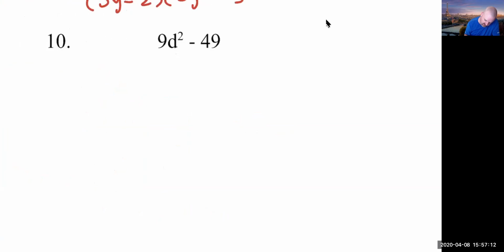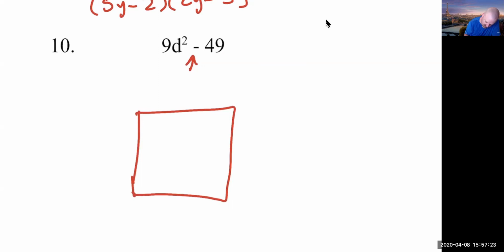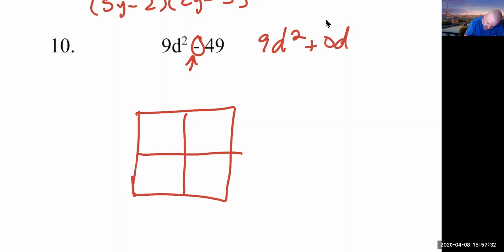And then finally, the last one. If you watch some of the optional videos, you know there is a shortcut to this, which is pretty simple. But if you haven't, and that's why I'm going to work it out, you are missing something, and you're tempted to say you're missing the third number, but what you're actually missing is the middle number. This goes 9d squared. There is no d, so that means there's 0d minus 49. So that's the way you're going to have to work it, which can be kind of difficult because those are big numbers. That's why you want to go back and watch the optional video on special products because it will